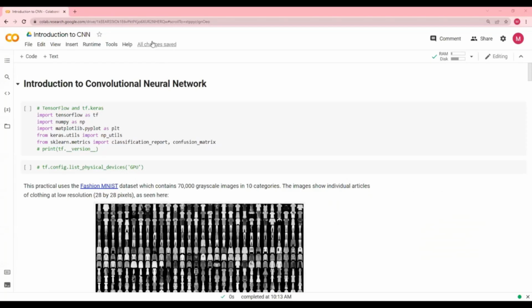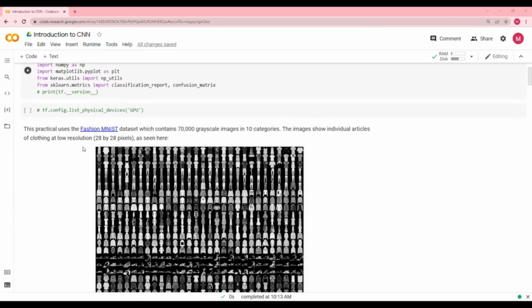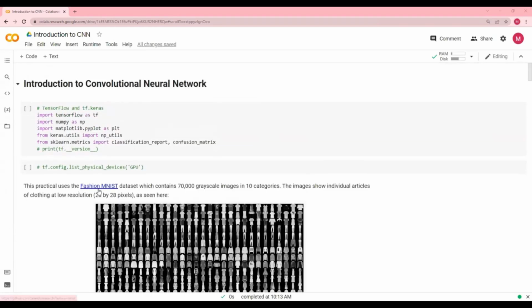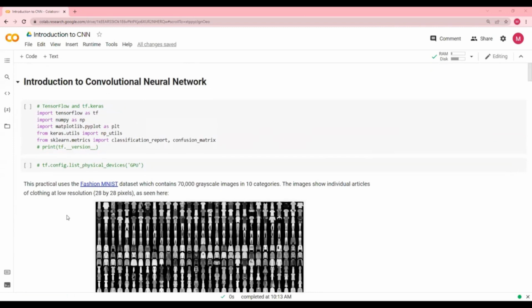So now let us do a practical on the convolutional neural networks. In this practical session, we will build a small convolutional neural network having a few convolution and pooling layers, and we will do this on an online available data set, that is the Fashion MNIST data,